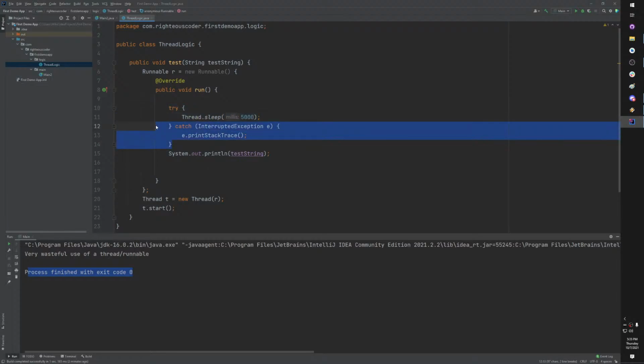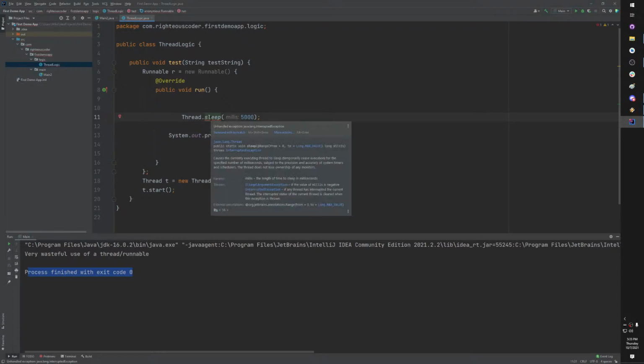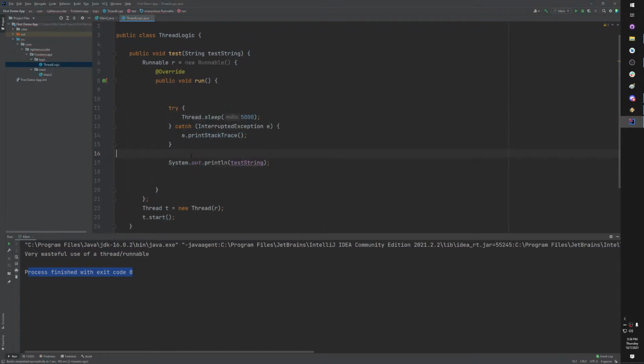So, let me delete this. And you'll notice, I mouse over this, unhandled exception, java.lang.InterruptedException. Catch InterruptedException, print stack trace. Oh, okay. Well,